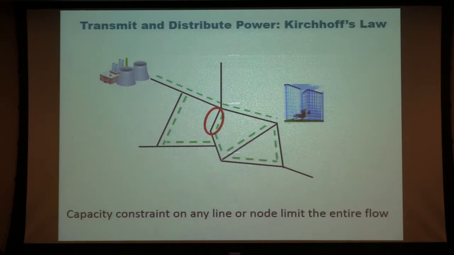So now, because it is a physical system, we have physical operation constraints. For example, any constraint on a node or on a line is going to limit the flexibility between the local injection from one power plant to another user. And if I have more generation and users, it becomes much more complicated. It's very hard to separate who contributes and how much is contributed by which one. So this is roughly the story.